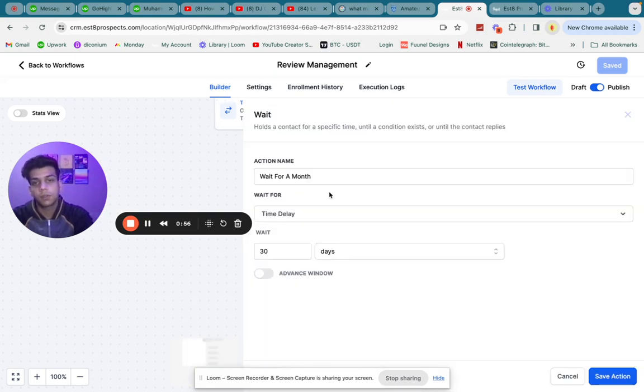actions. So the first action will be wait for a month. So this is here just I used month just for this example. You can use whatever days you prefer if you want to use it. Now, whenever you close a deal, it doesn't necessarily mean that you have already executed the end product and the client is eligible enough to leave a review for you. So it depends on your nature of execution. It can be 2 weeks, it can be 3 months, it can be 3 weeks, or it can be nothing at all. So it depends on you with what duration of wait do you want to add this action step